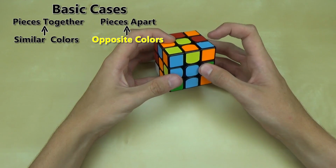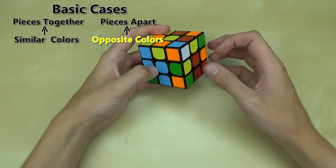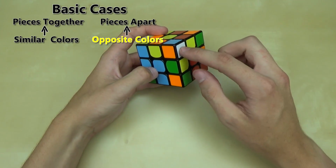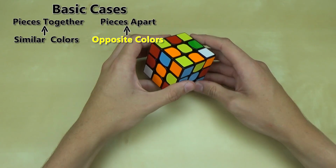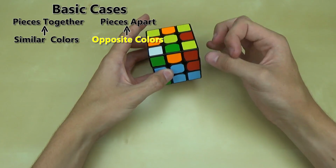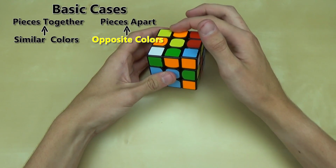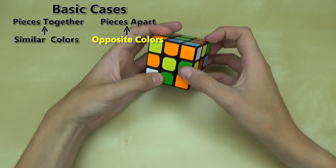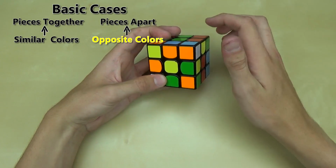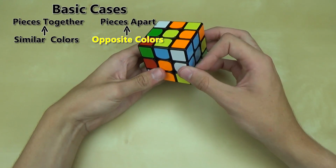Now before I really tell you how to solve a case like this that has opposite pieces on the top, I'm just going to show you an example. So we're going to hide this corner piece down by turning the side that has white on it. We move this piece over to the back, whereas earlier we would move it up to the front. In this case we move it to the back, and now we have this basic case which I showed you earlier. So this right here is the case where you can just bring the two pieces together and it will make a pair. So what you want to do is bring it above the correct slot